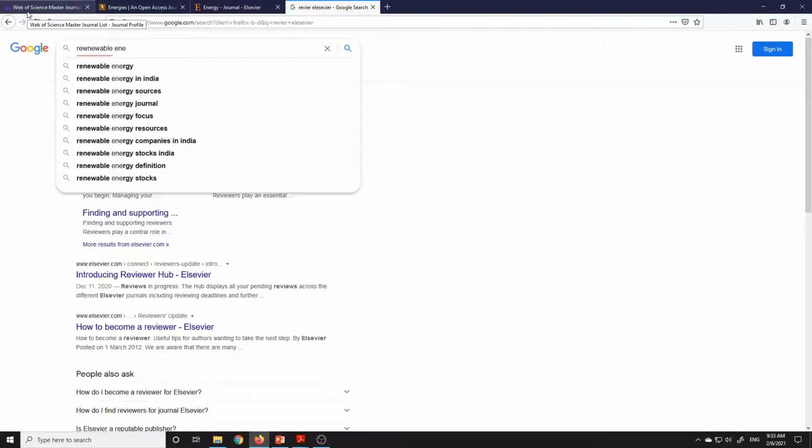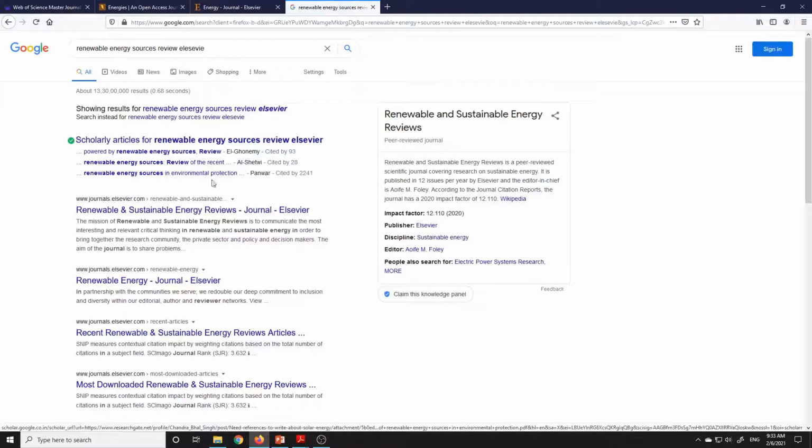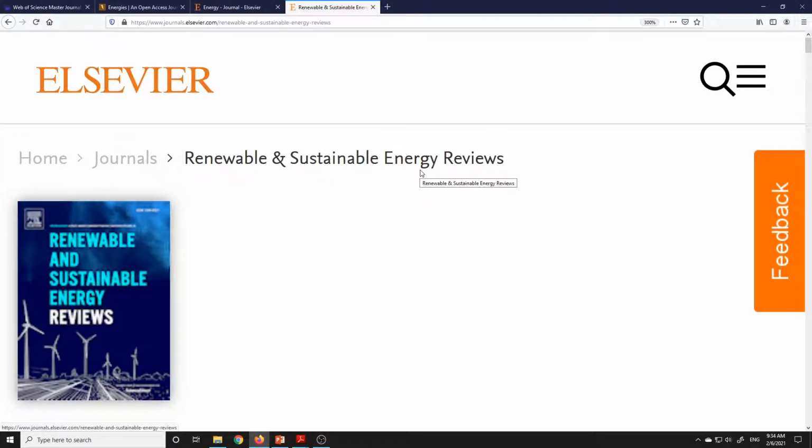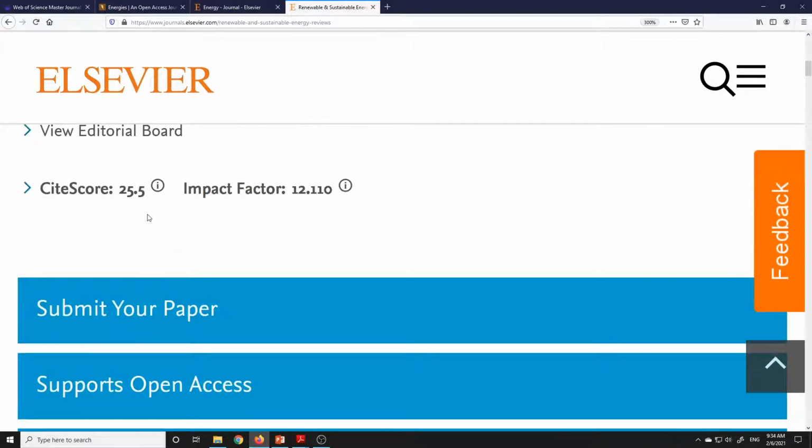Renewable energy sources review Elsevier. Sorry, it is Renewable and Sustainable Energy Reviews. So if you are writing a review paper, you must go for this particular journal. Why? Just see the site score and impact factor.